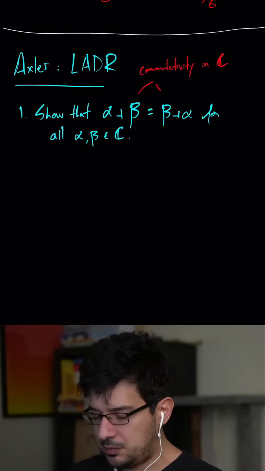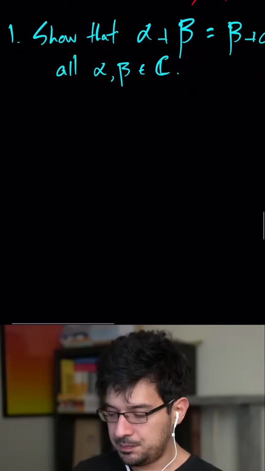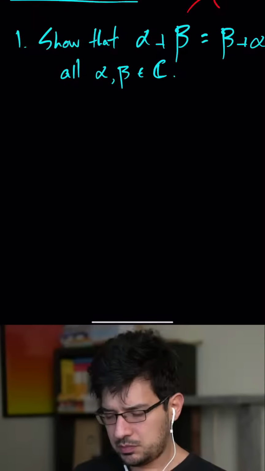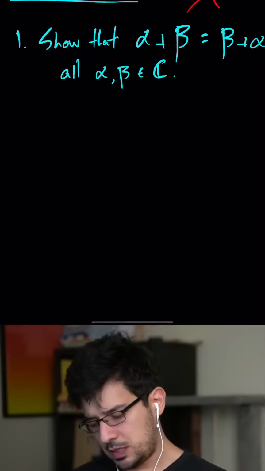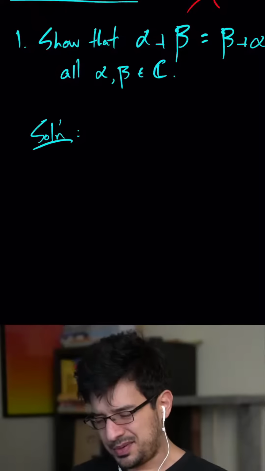Complex numbers are written like that with a blackboard C. So I don't know exactly what we're allowed to assume or not, but I'm going to call this a solution. It's not quite a proof, but